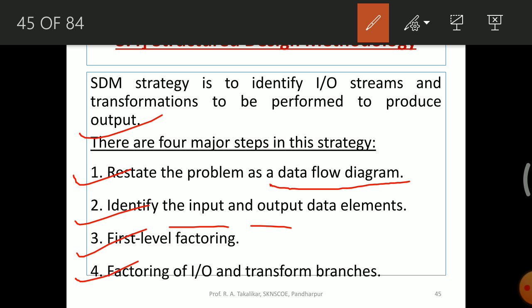And next is factoring of input, output and transform branches, meaning every module, if it is decomposable, go for the decomposition, that is, create multiple modules from that particular module.